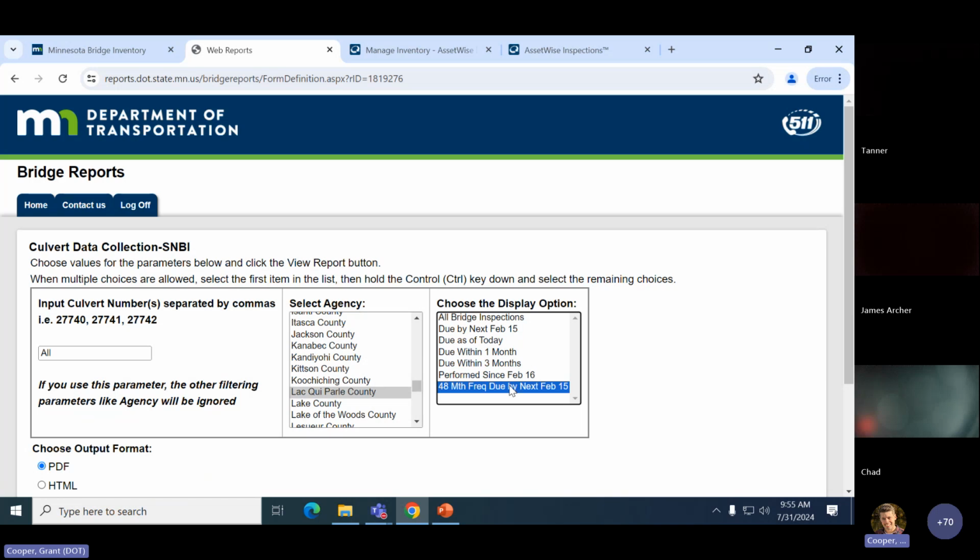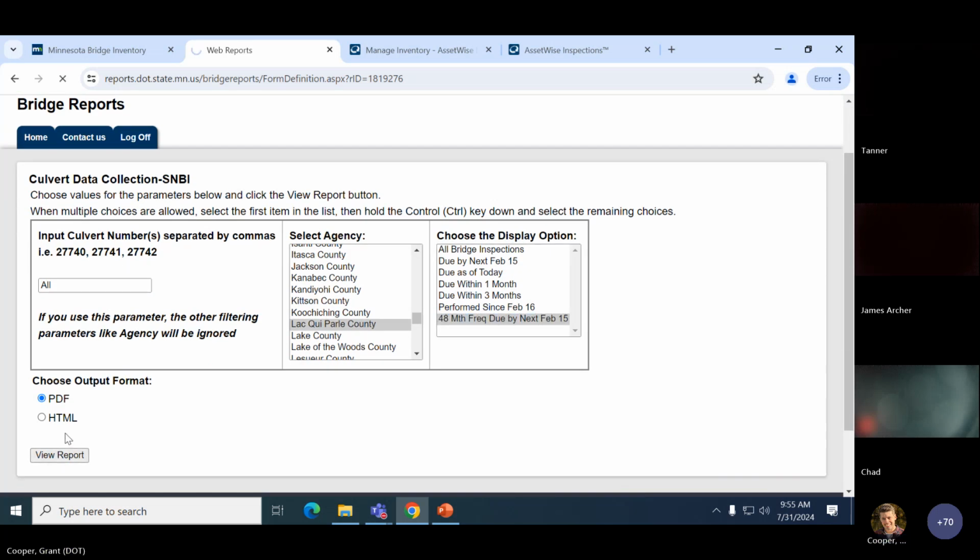And then this last option, this is just going to give you culverts on a 48-month frequency that are due this inspection season. And we added this because this form is only required this year for 48-month culverts. So if you wanted to limit what's required to fill this form out, if I run this,